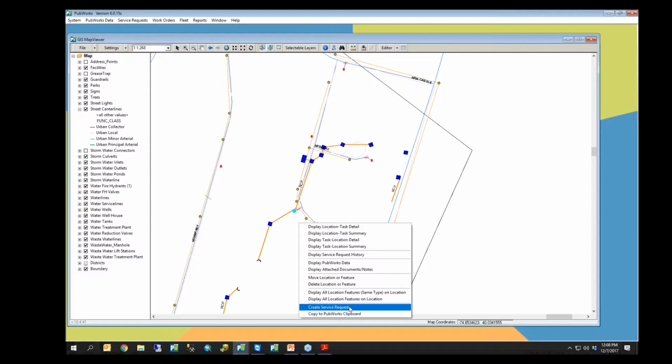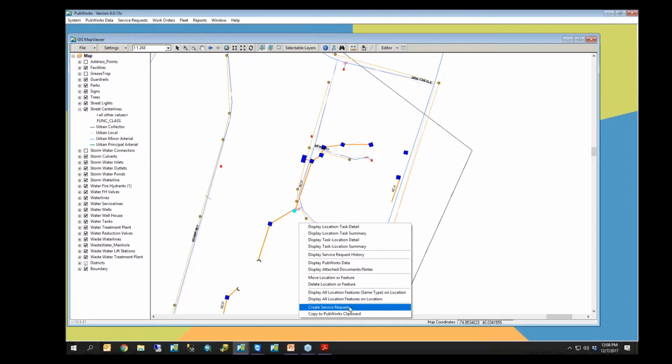This is very handy in a situation where the person that is taking the phone call from the citizen or whomever, that there is a problem, if they don't know specifically what that asset is,